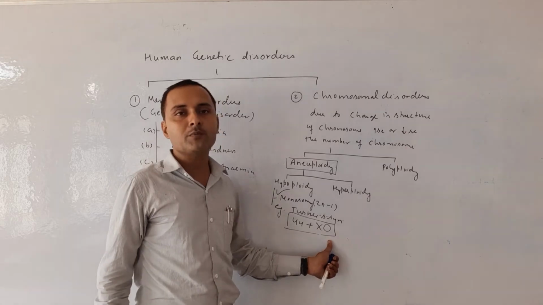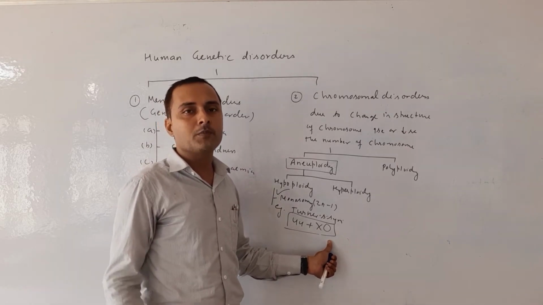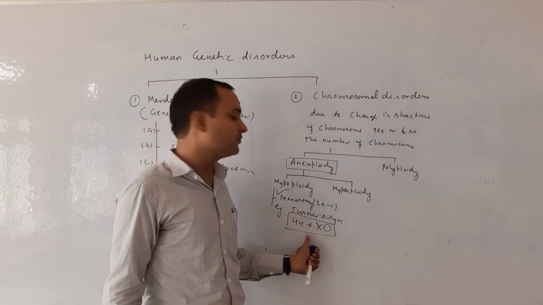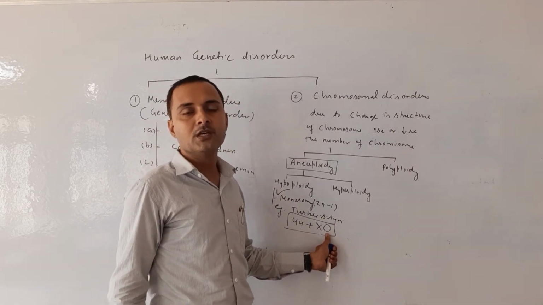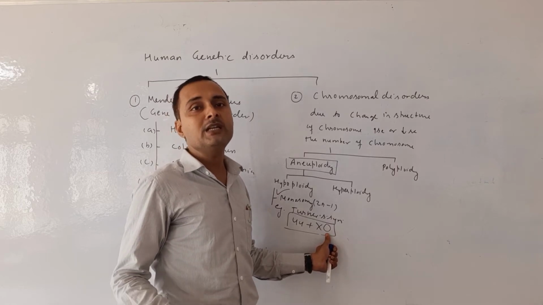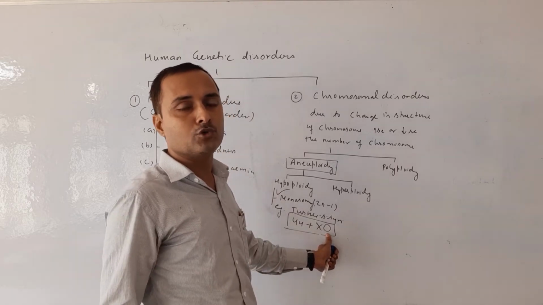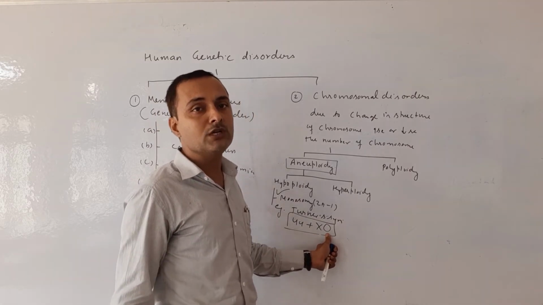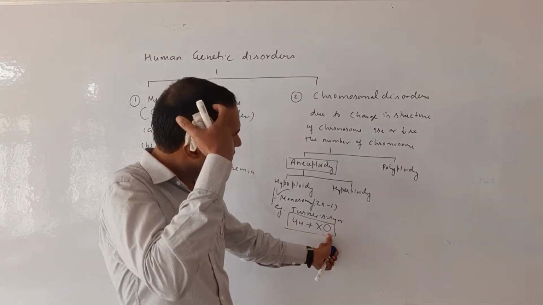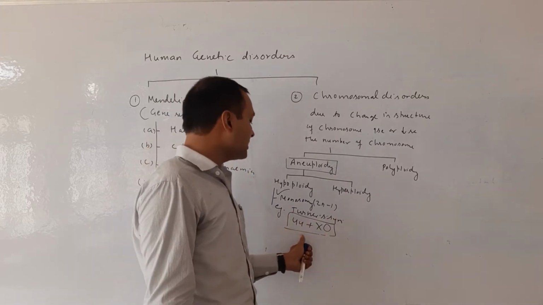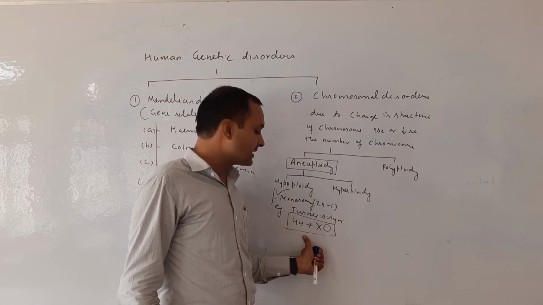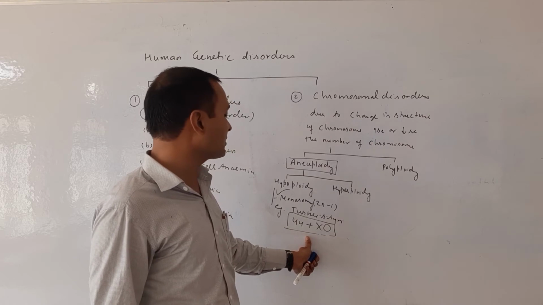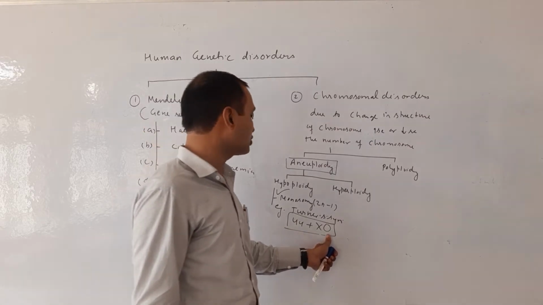The total number of chromosomes in a female suffering from Turner syndrome is 45, because one X chromosome is lost due to non-disjunction. When there is a problem in the division of the chromosomes moving to the different poles, it is known as non-disjunction. So due to non-disjunction, one chromosome is lost. As a result, the total number of chromosomes in the female is 45.